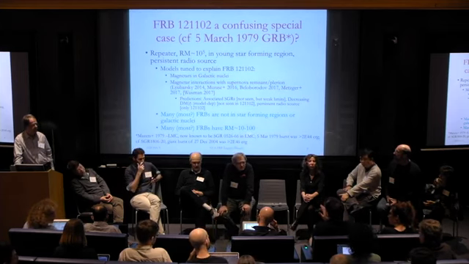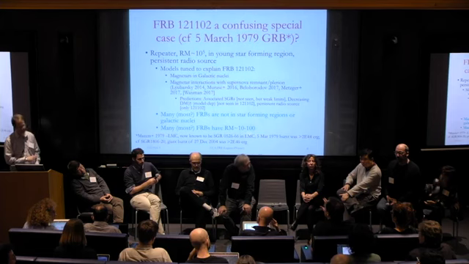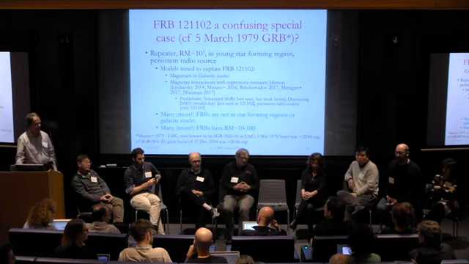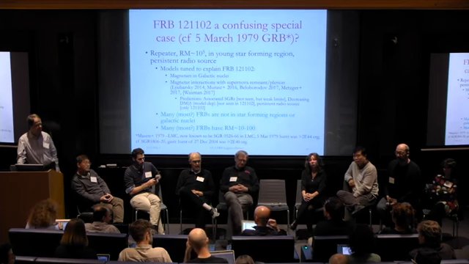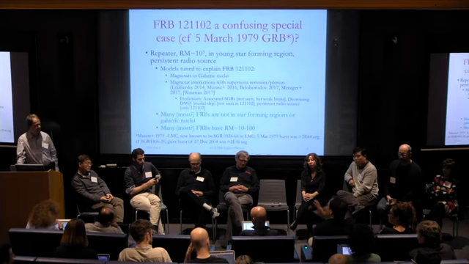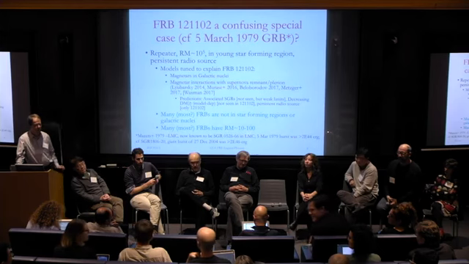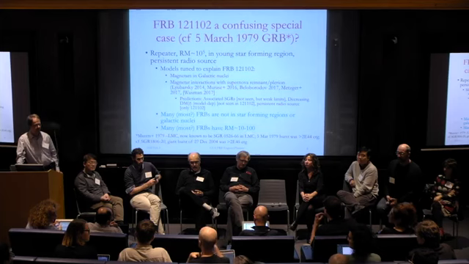From a purely observational standpoint, the repeater shows the sad trombone behavior, which is seen also by 9 out of 10 or whatever CHIME repeaters. So I think there are some aspects, at least when you get to the intrinsic properties of the burst, which are suggesting that they're not. I don't think we're yet at the stage where we have 5 classes still. That's what I'm saying. I think it's pretty obvious that 121102 is the same type of source, the same engine as the other repeaters. Otherwise, you wouldn't see that very characteristic.